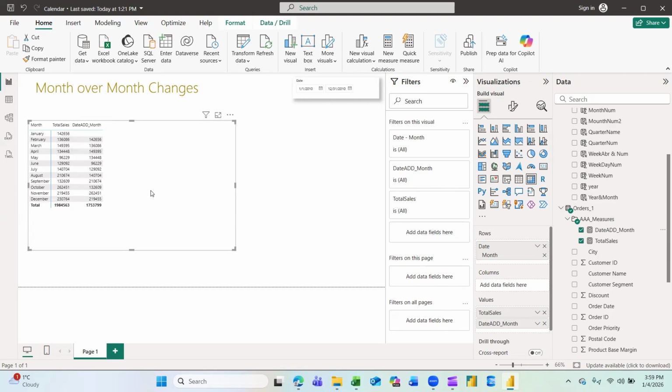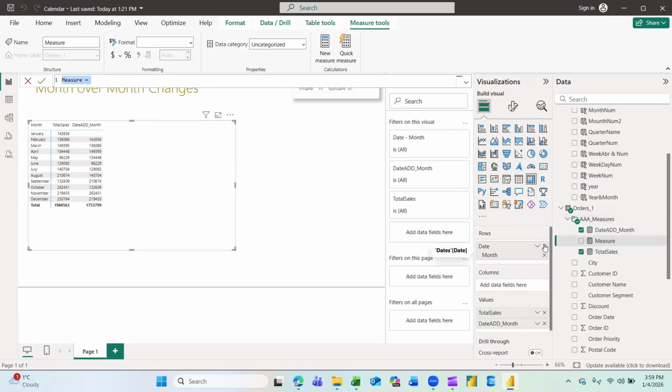And the last measure that we need to build now will be the change in percentage between months. So we'll call this measure change previous month, and we will say total sales minus date add month.